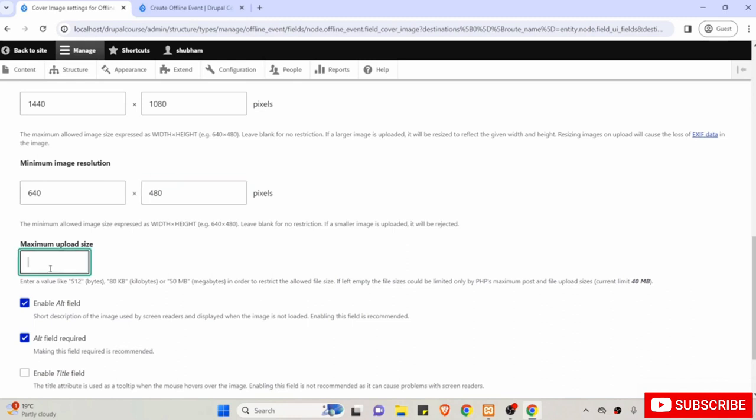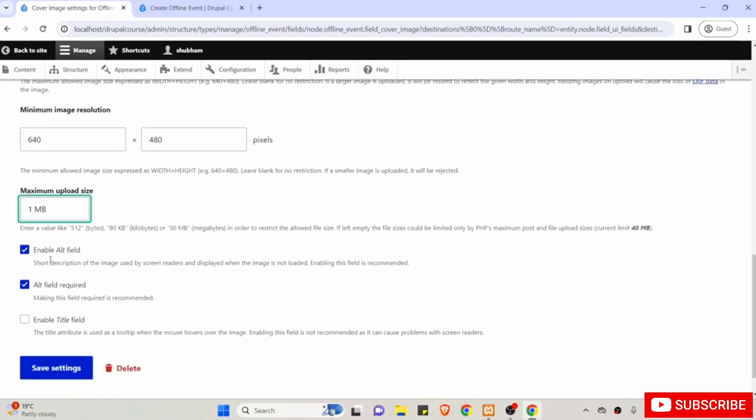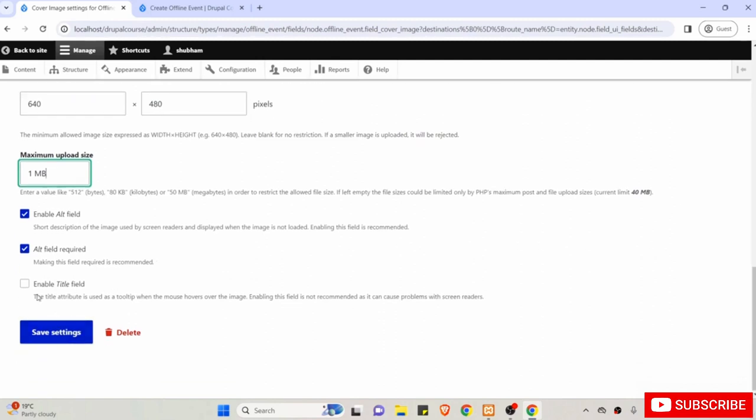And then in the maximum upload size I am going to enter 1 MB, so capital M and capital B, so 1 space MB, and then I will enable the alternative field, and then I will make that alternate field required because every image should have an alternate field. Okay, and then after that I will click on save settings,